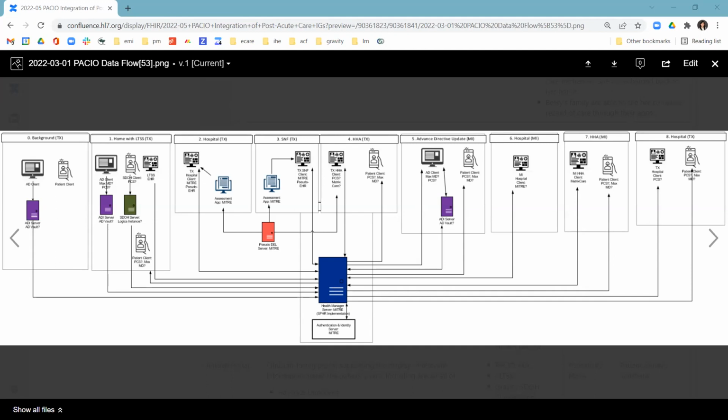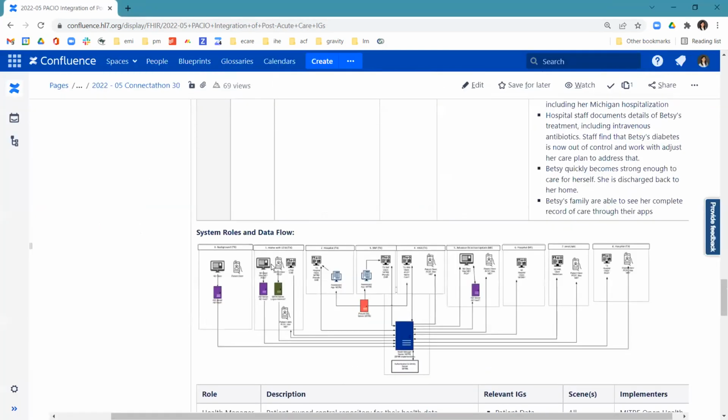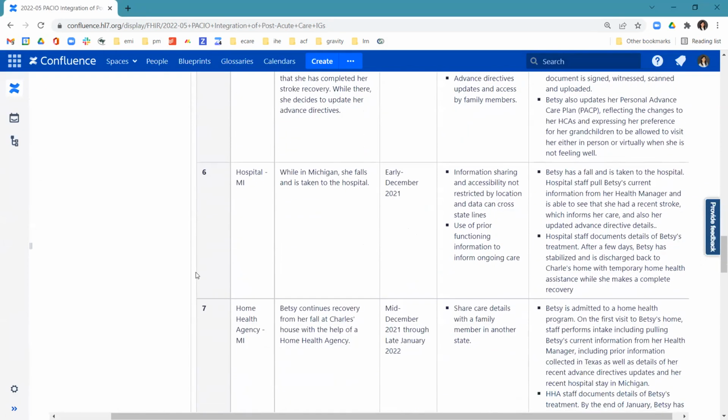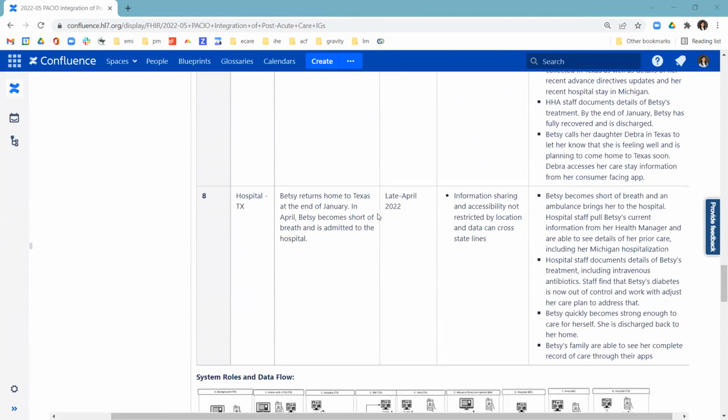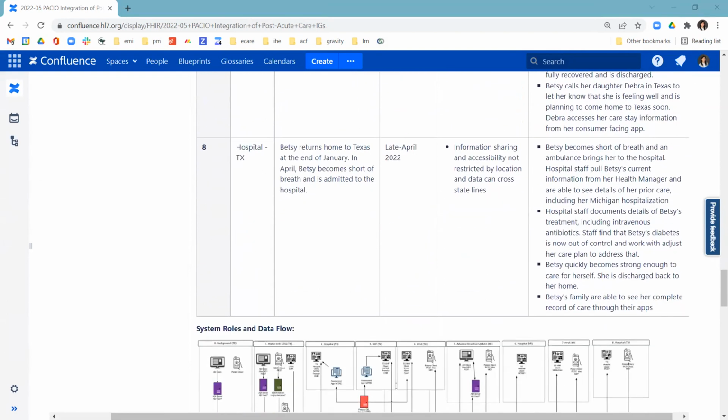So scenes 1 through 5 handle that case, and then in scene 6, she falls, and that includes scenes 6 and 7. Then when she goes back to Texas in scene 8, actually, in this table, she has pneumonia, and that's a third scenario.